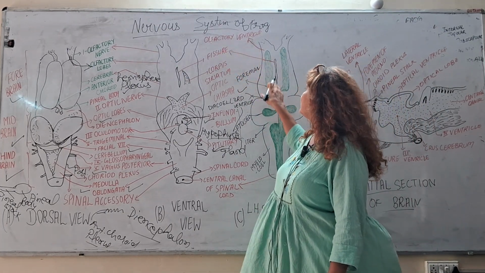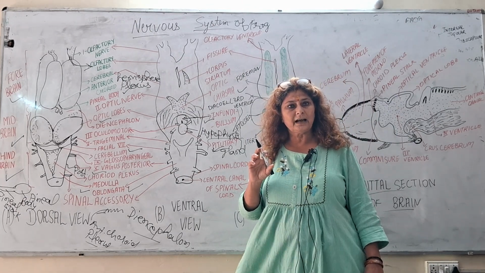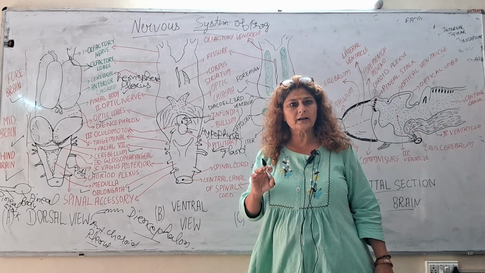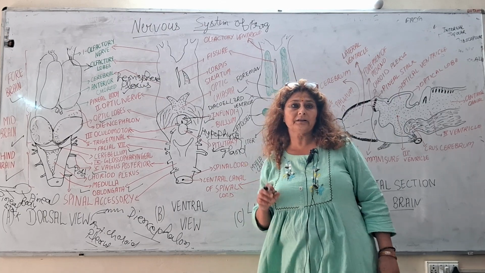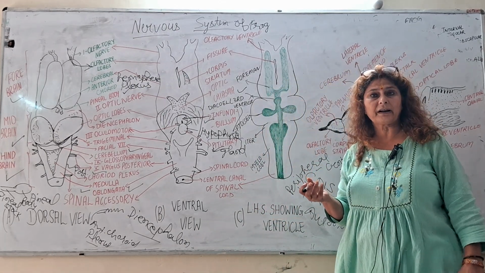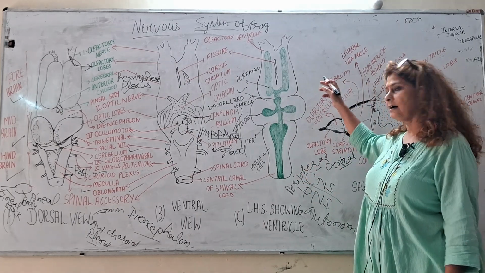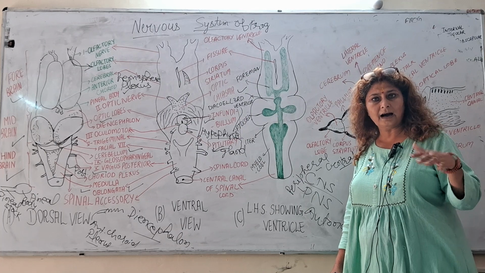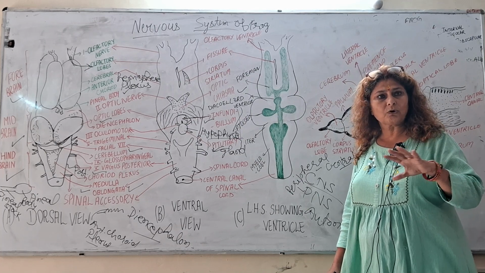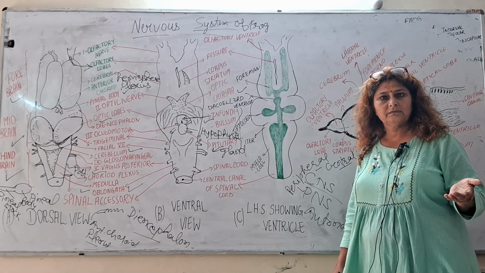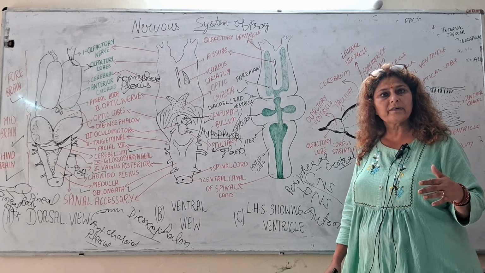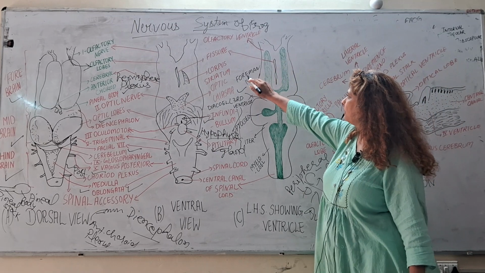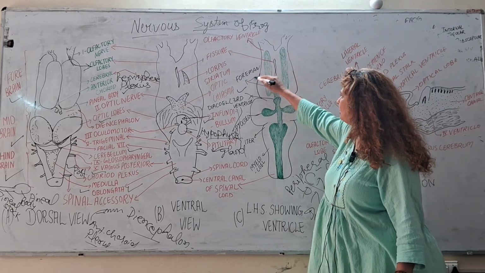Now there are present a number of, I just told you, how many empty spaces are there in these. That is called the ventricles. Many times a definition may come, what is ventricles, so you can say the spaces which are present inside the brain, that is called the ventricles, and they are filled with the cerebrospinal fluid. How? Here you can see this is the